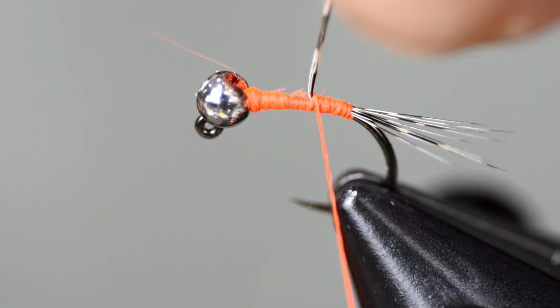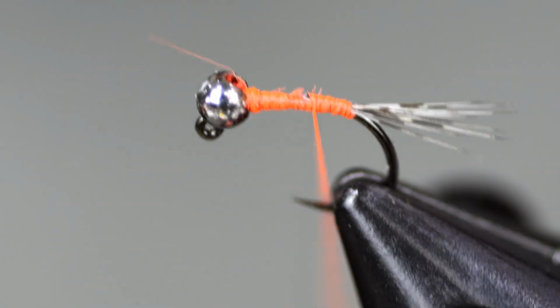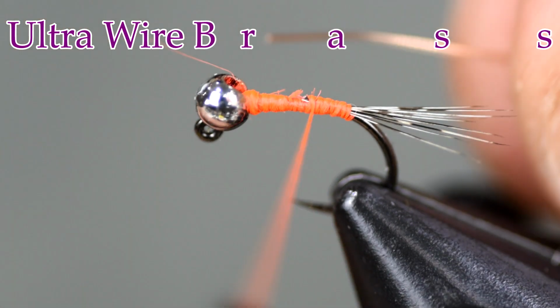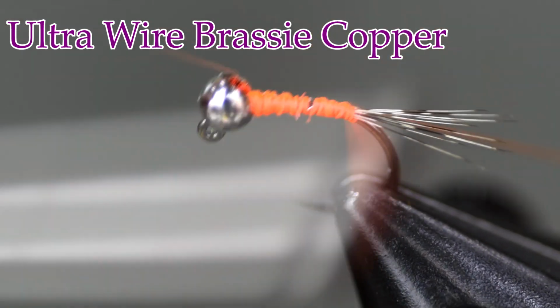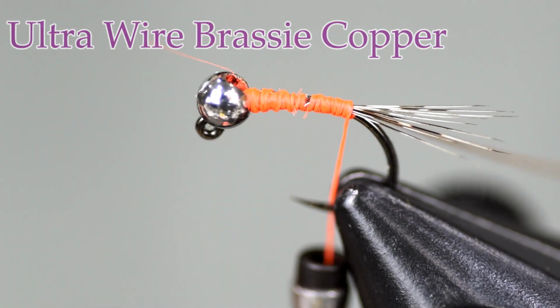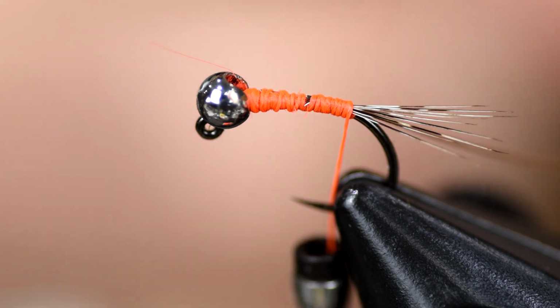And then we're going to cut our tail off. I want to try to keep my wraps to a minimum here. Next thing I'm going to do is put on a piece of brassie copper wire, and we're just going to wrap that back to the back, and then we're going to put on the holographic tinsel, and this is going to make the body on the